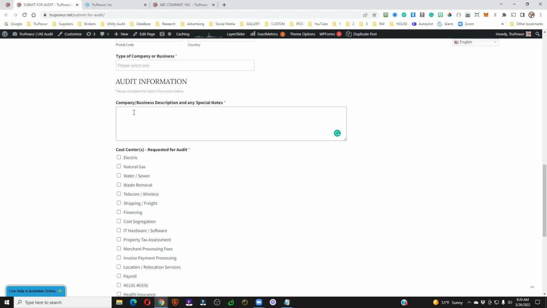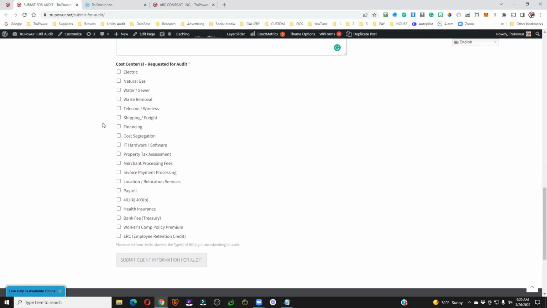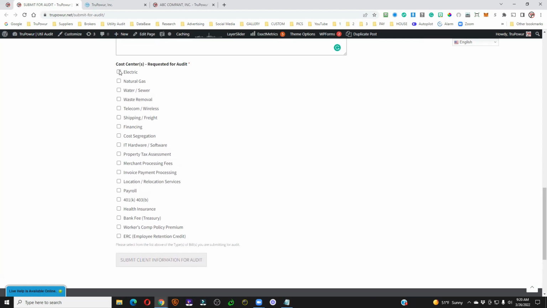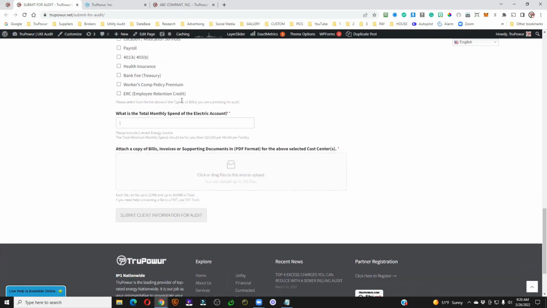That just gives the auditors a little bit of a heads up as to what type of business and what kind of things that they do. And then if we are uploading an electric bill, you'll see down here that you've got some check boxes and a submit button. But as soon as you click on any one of these cost centers, it is going to open